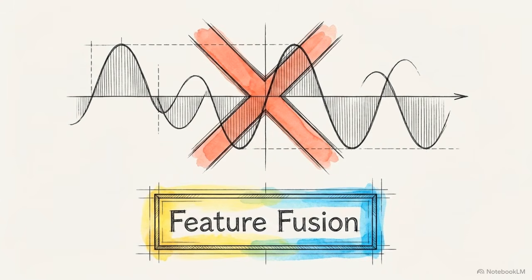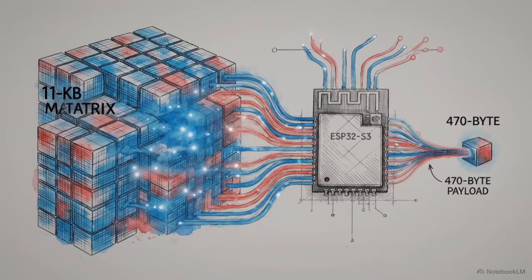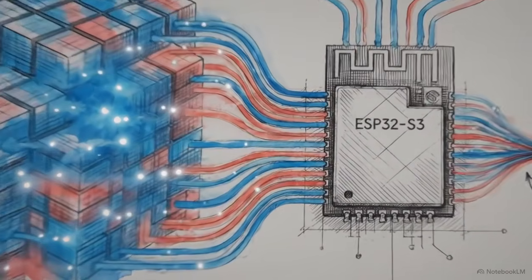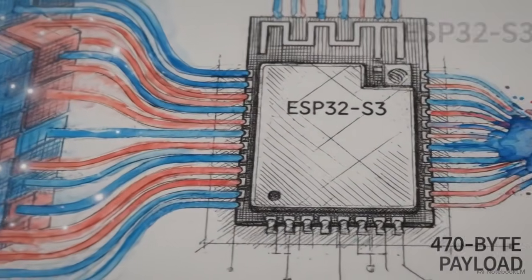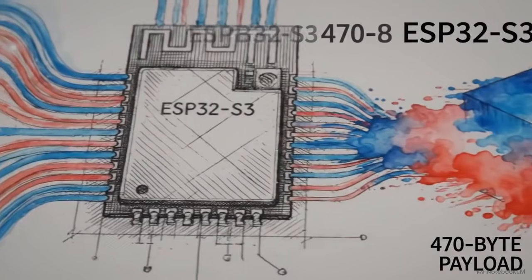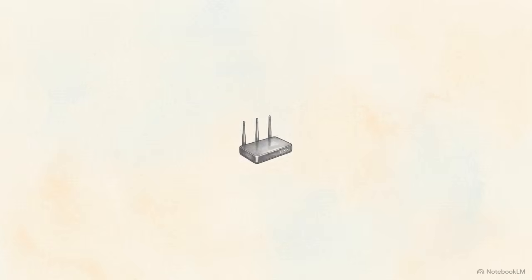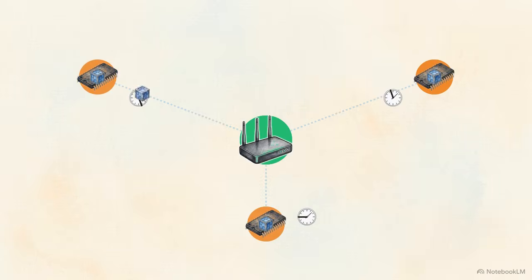To solve this, the architecture abandons raw signal alignment entirely. Instead, it relies on deferred, feature-level fusion. Rather than streaming raw waves, each ESP32 performs a fast Fourier transform on the silicon, instantly compressing an 11 kilobyte matrix into a 470 byte payload. By utilizing independent monotonic clocks to extract these localized features first, the system completely bypasses the need for absolute, network-wide